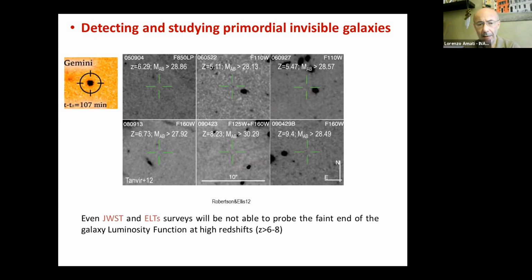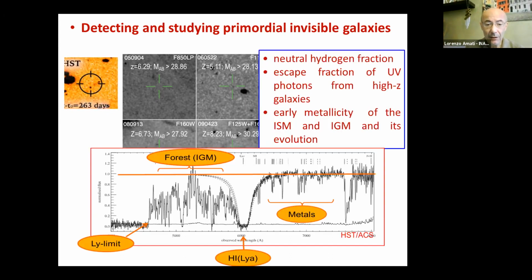But not only thanks to gamma ray bursts do we know the existence, how many they are, where they are, and at what rates they are, these galaxies. If we can point a very sensitive telescope to this direction before the light fades away, we can also do absorption spectroscopy, as I mentioned, which tells us not only the redshift, but also the properties of these invisible galaxies, the metallicity, as you can see, the neutral hydrogen fraction through the Lyman alpha absorption, and also the properties of the intergalactic medium.